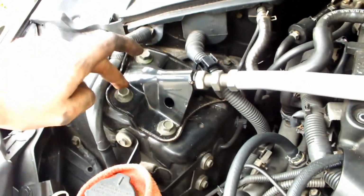So on the top part, you're gonna have to remove these three bolts. There's 1, 2, and 3 on this side. Same thing goes on this side. 1, 2, 3. 1, 2, and 3. And then,